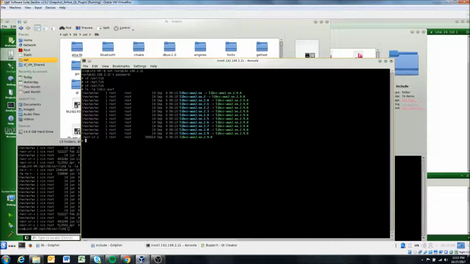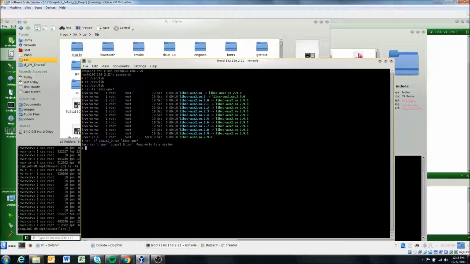To do that, we are going to say tar and then cf, which I think of as create file, and the name of the tar file. I'm going to call this CCAux 2.9.tar, and then all of the files that you want. So I want all of the lib cc-aux star files here. And star, like I said, is a wildcard, so anything after the x, it will grab. You don't really need to know exactly what it does, but